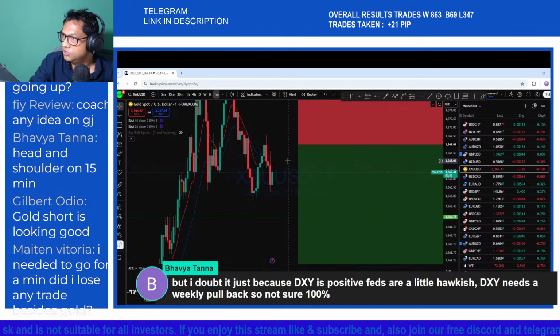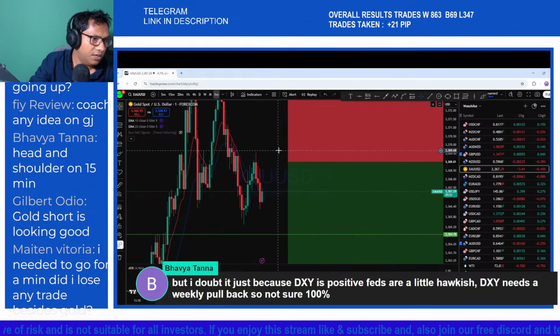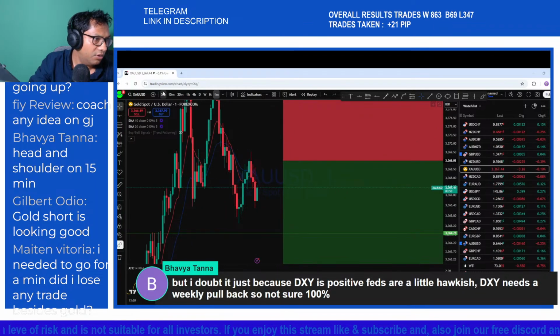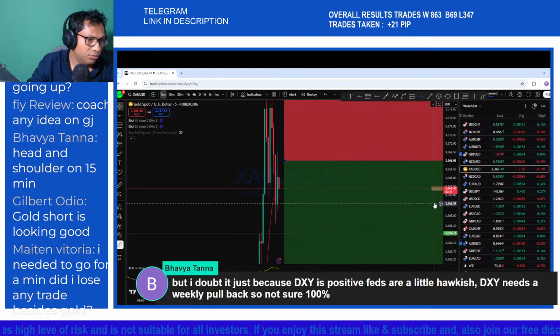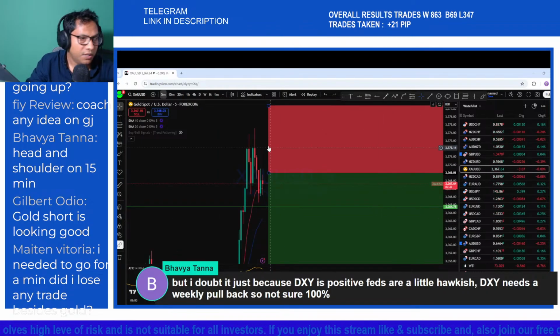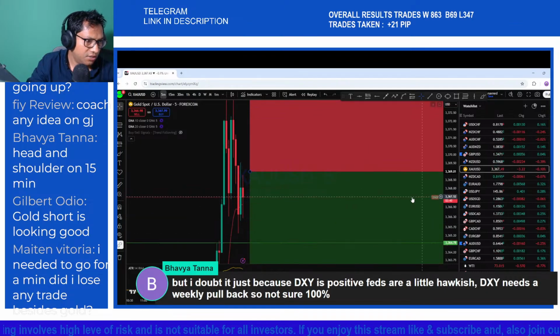So my stop loss is just above this high. If it goes above this level, then I will be out of the trade with minimum loss. I think I will only be losing 2 pips,